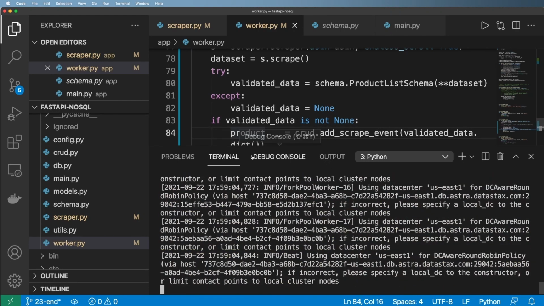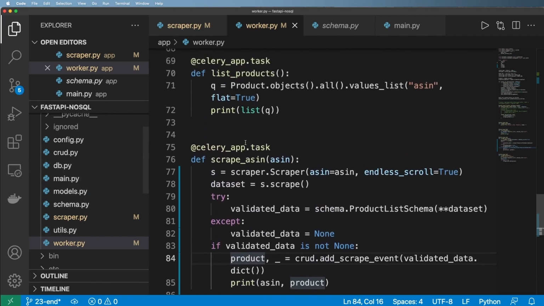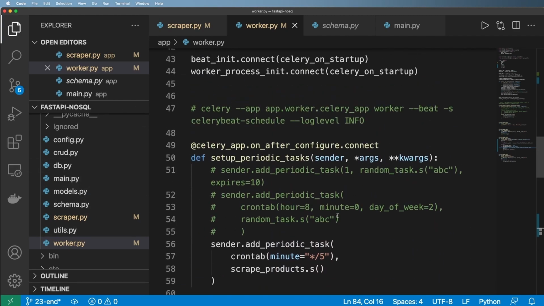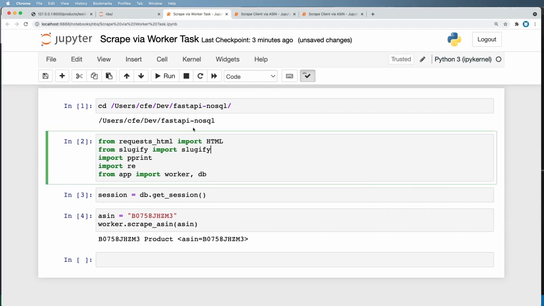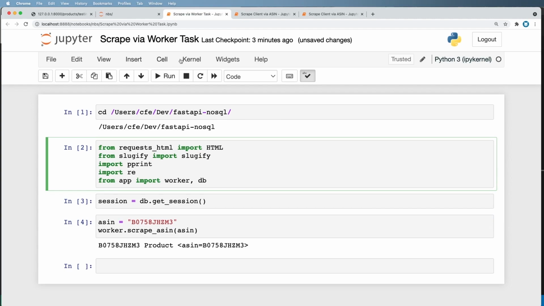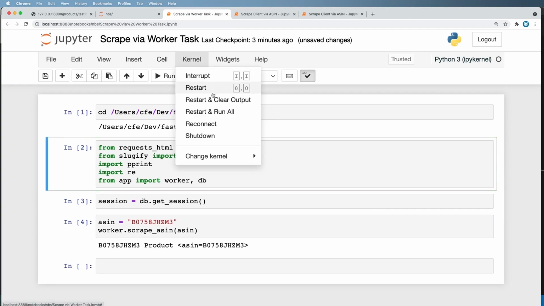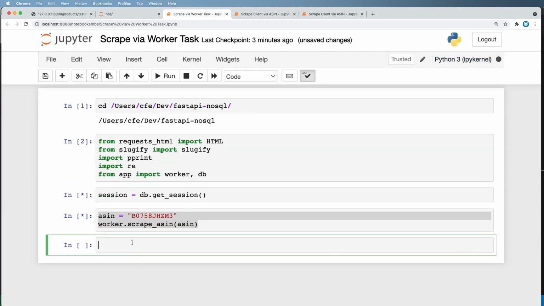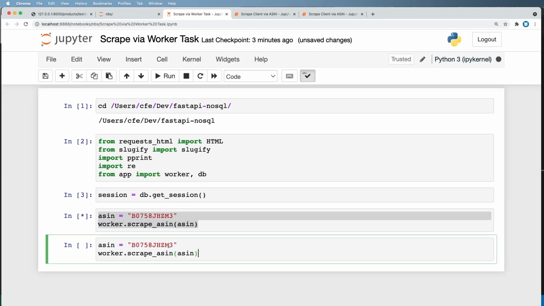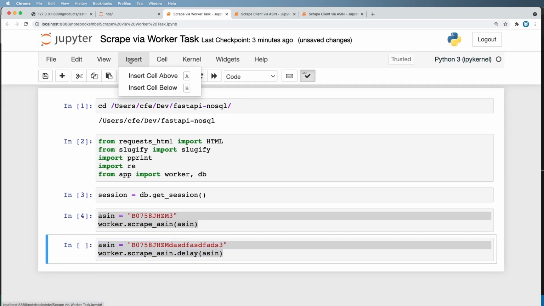It's going to be running in the background, and the way we had it set up was it's going to run every 5 minutes. So it's going to take a little bit before it actually executes. But that's why I have the scrape worker in the actual Jupyter notebook, so I can restart and run all here. And if I actually do have a worker process that I wanted to test out, let's say, for instance, we grab this one and we come in here and just give some arbitrary one and do delay, this should work. And so should